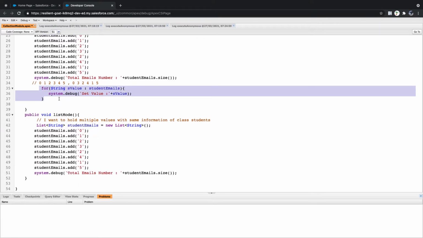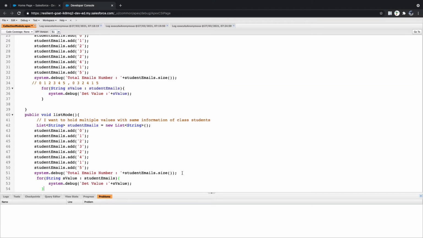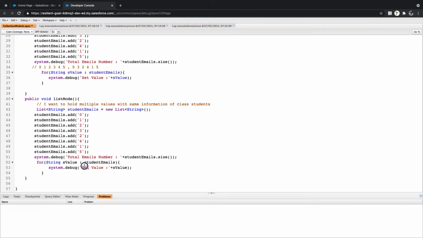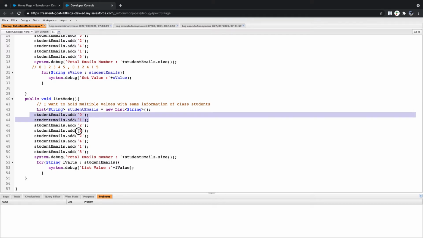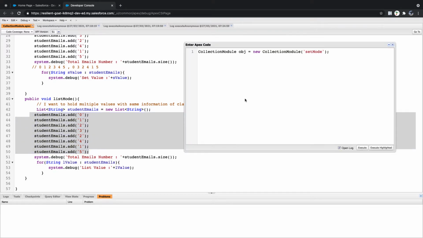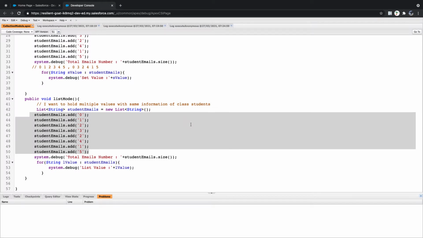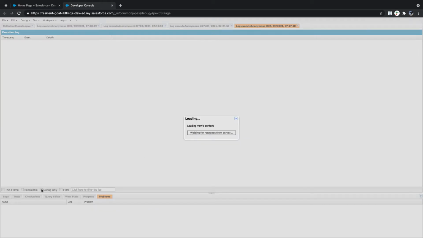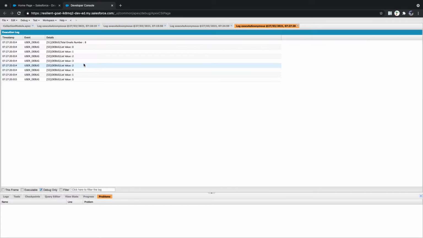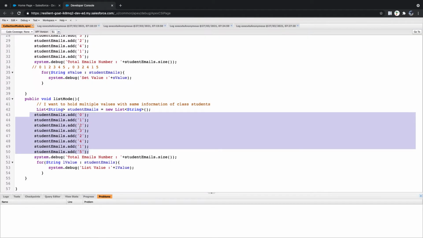But let's come back to the list. What will be the output here? Whatever data you entered, in the same order, it will display for you. Yes, it allows duplicates, right? So it just comes with the same output: 0, 1, 2, 3. But here it's not just that.